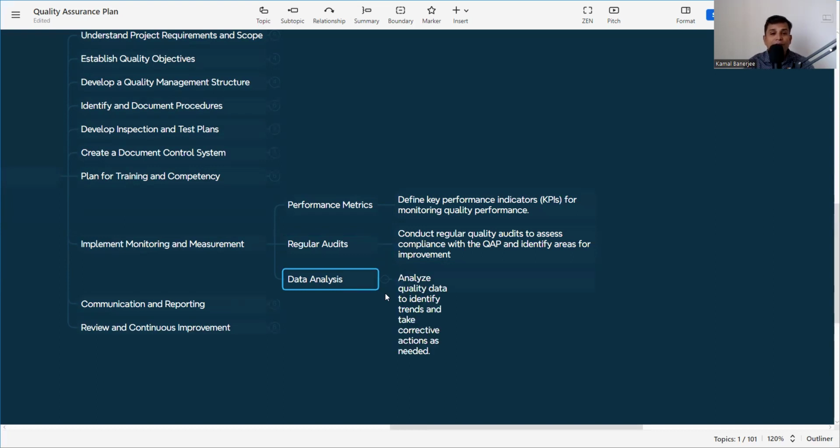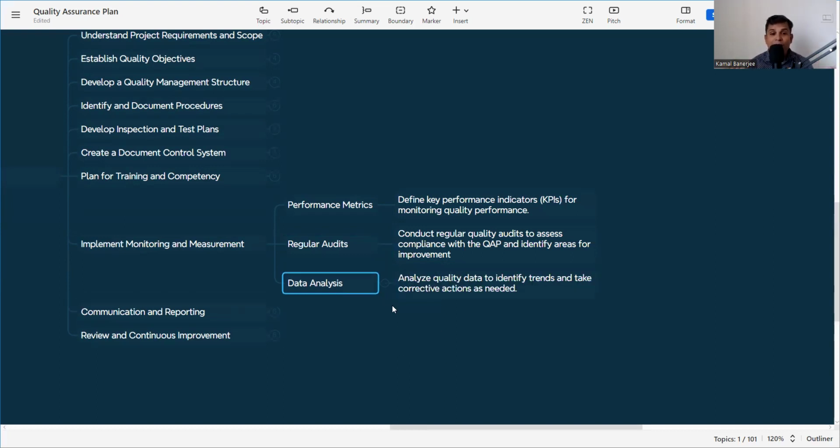If you don't have adequate data in your hand, it is impossible to analyze what the defect is. Suppose now we are doing the plaster work, and we are getting rejection. Maybe it is a 5% rejection. Now we need to find out what the rejection is. We need to take the rejected IRs and list them down. What is the point? 1, 2, 3, 4, 5, 6. Maybe we'll find out 20 points.